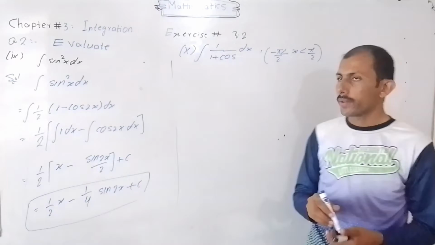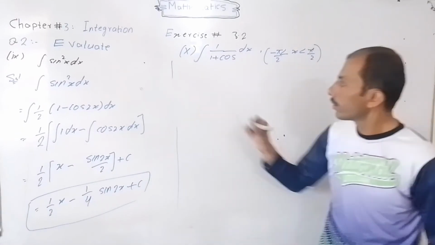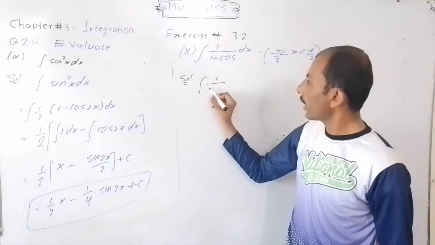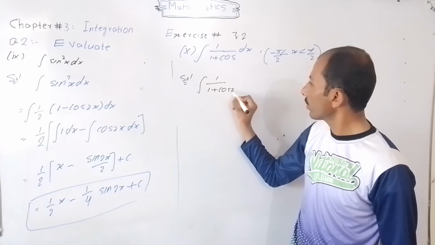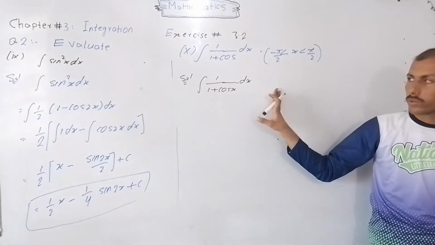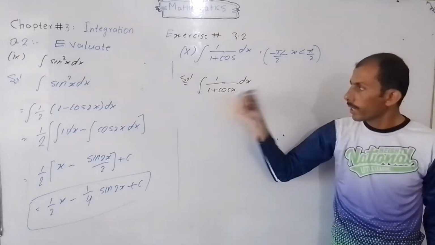So first, as it is, integral 1 divided by 1 plus cos x into dx. So 1 plus cos x,